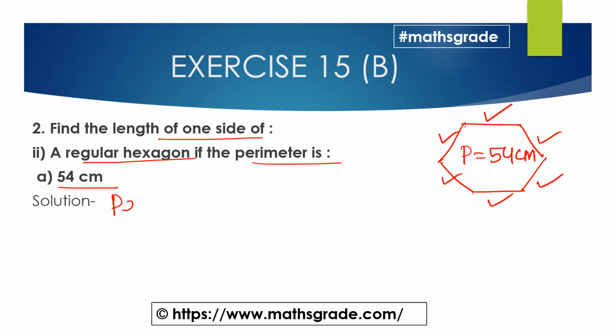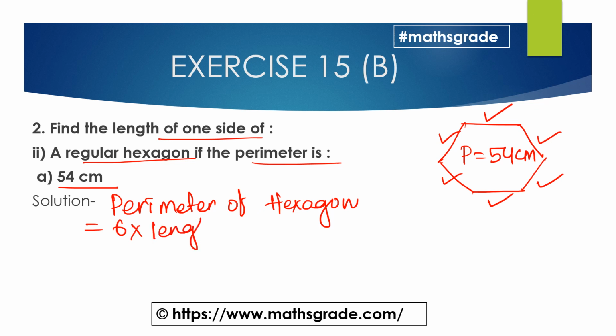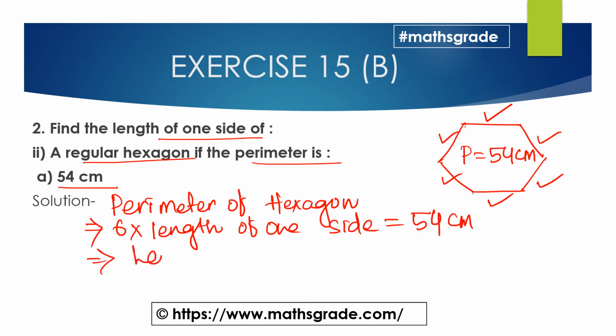We know perimeter of the hexagon is 6 multiplied with length of one side. And it is given that the perimeter of the regular hexagon is 54 centimeter. So length of one side will be